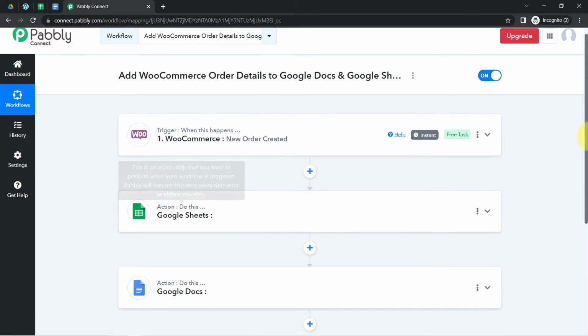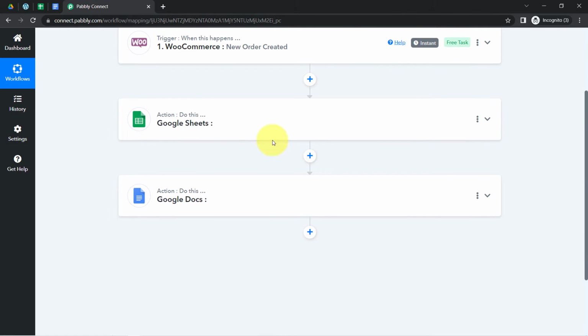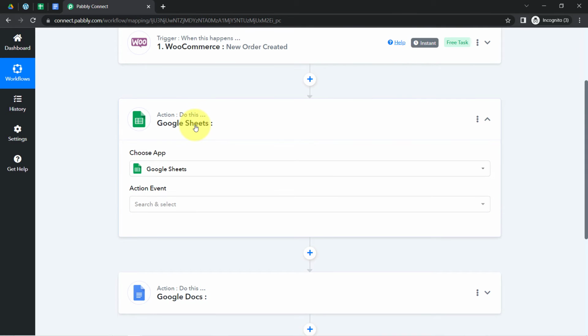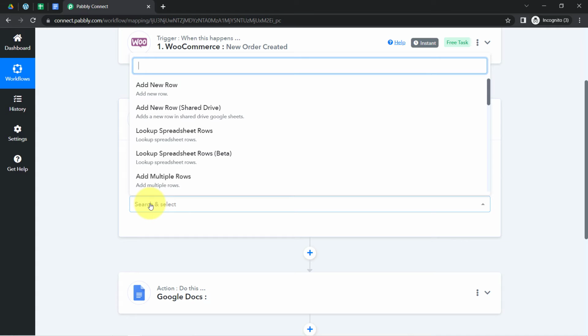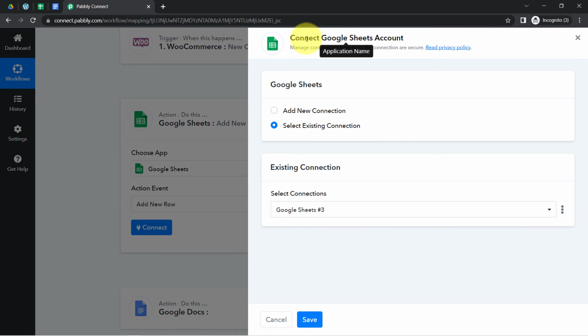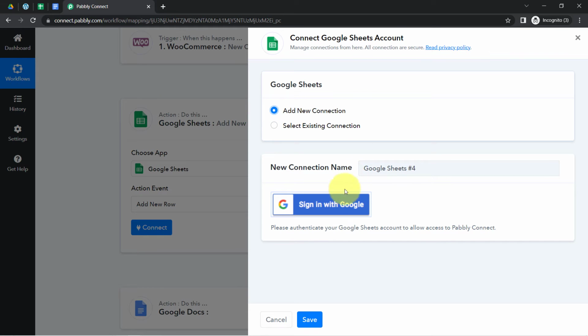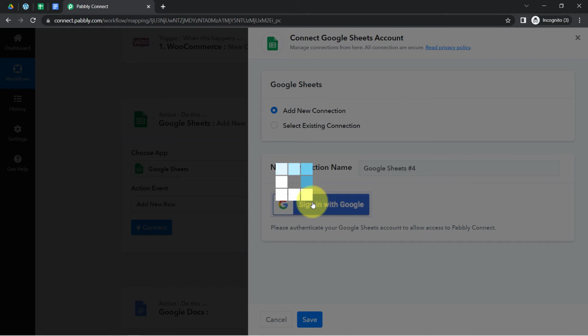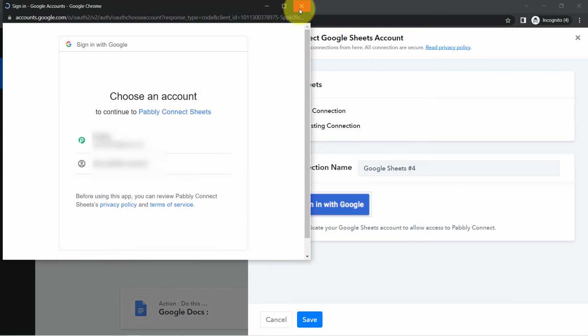Now moving further, I am going to add these order details into Google Sheets. Firstly, I will select the action event, that is Add a New Row. Just like we have connected WooCommerce and Pabbly Connect, now I will be connecting Google Sheets with Pabbly Connect. If you are connecting your Google Sheet with Pabbly Connect, you'll have to click on this Add a New Connection button,